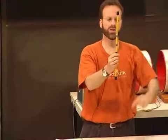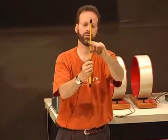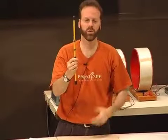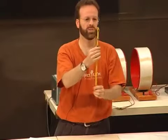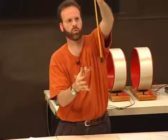Okay, which pole is on the top of this one compared to the bottom of that one? Yeah, they must be the same. They could both be norths or both be souths in order for it to repel. You can have some fun. You can squash it down and then...